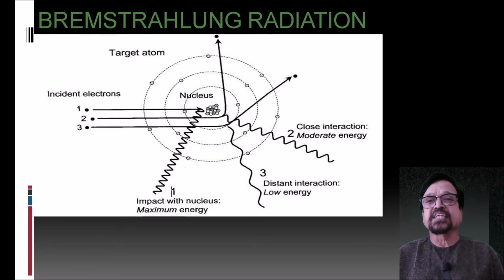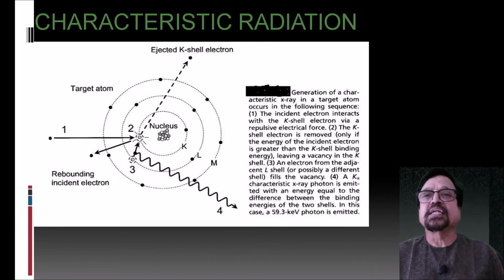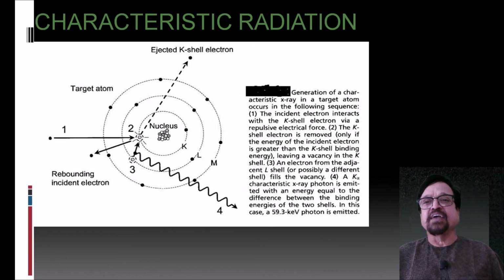Now let's go to the second condition. The incident electron is not hitting the nucleus properly, but it is going away from the nucleus and getting deviated. But in spite of that, it is liberating certain energy which is of moderate level. Because of the close interaction, there is a moderate radiation, or a moderate energy. Now the third is the condition when it is away, it is distant, and because of the distant interaction, the energy produced is low. Now let us understand what all these things were.